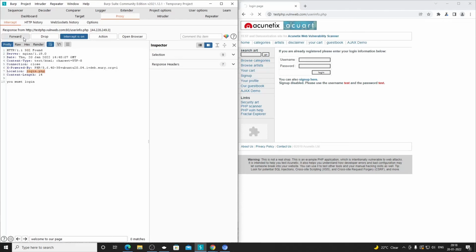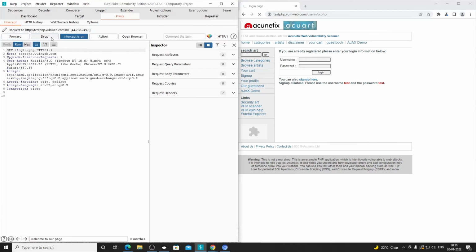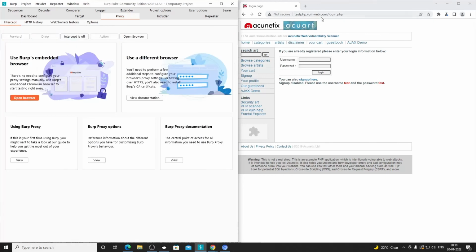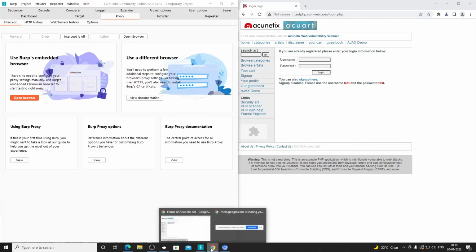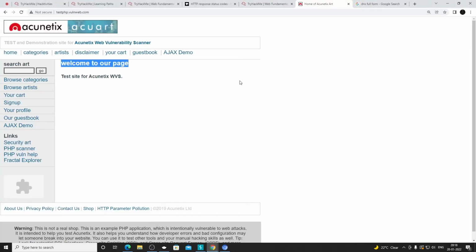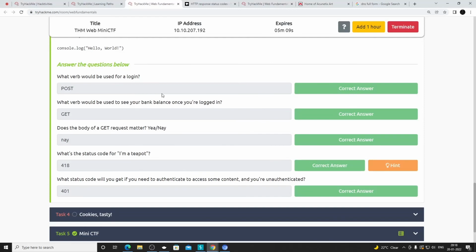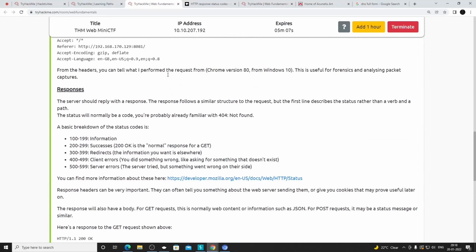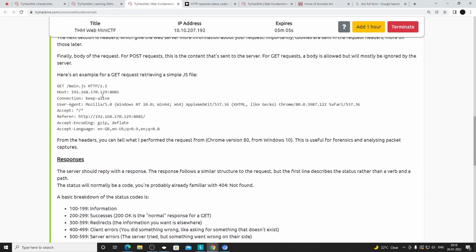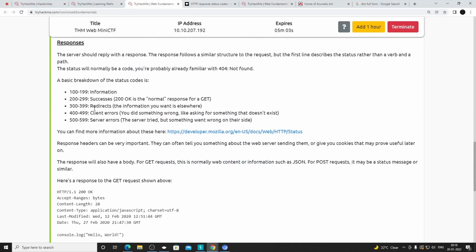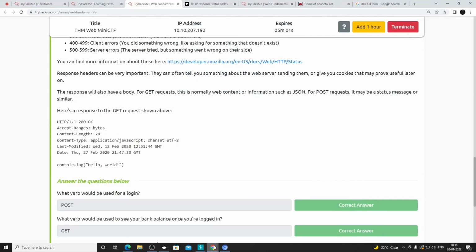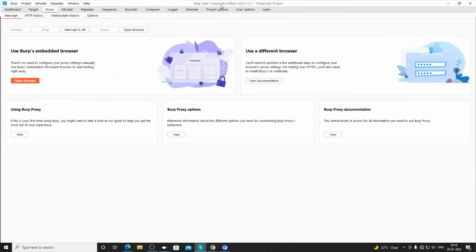So that's why when we forward it, we turn off the intercept and we go to login.php. But sometimes if there is an error on the screen that you are not authenticated, that means it's a 401. So that's how the status codes are, and that's how the get request is sent. How you can use post is in your Burp Suite only.